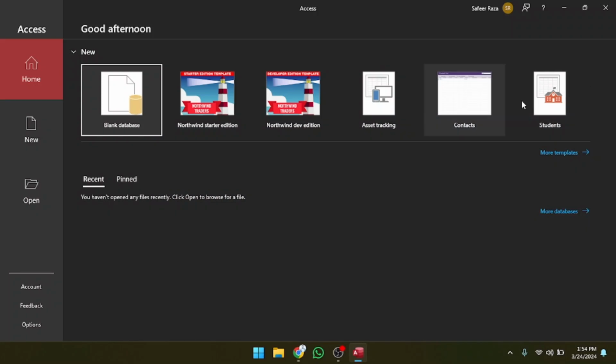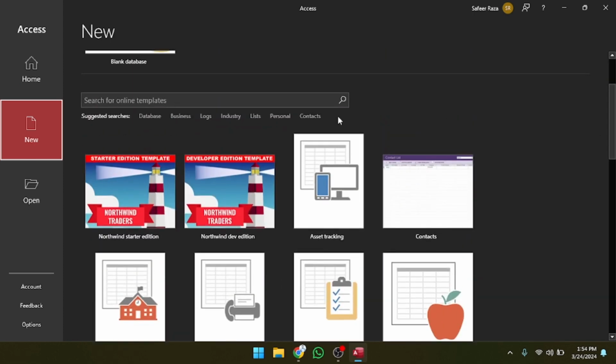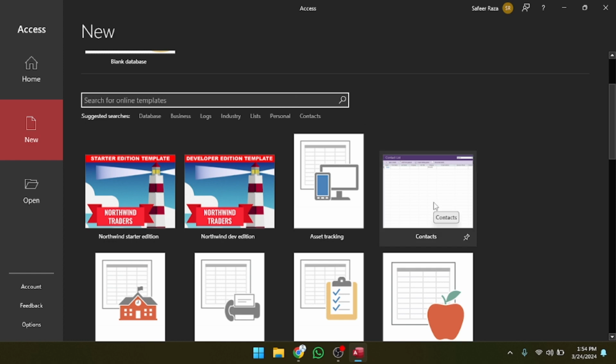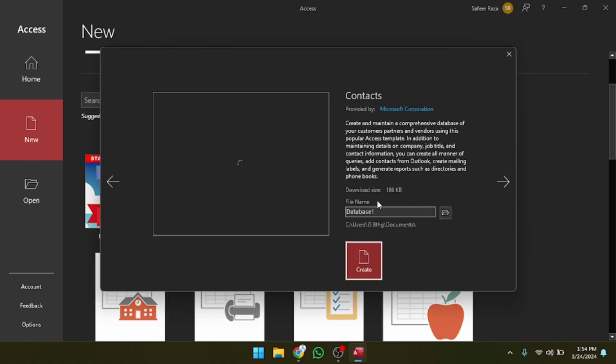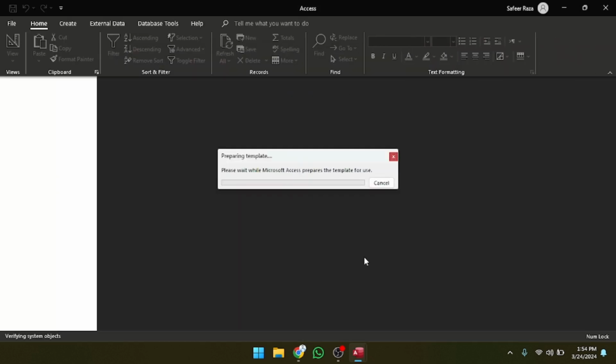Now, if you want to use a template, then you have to click on More Templates and you will get the templates here. If you want to download or search for any kind of template, you can also do that. For example, I want to use this one, so you click on this, and after that you will get the Create button. Then you click on the Create button and the database download process will be